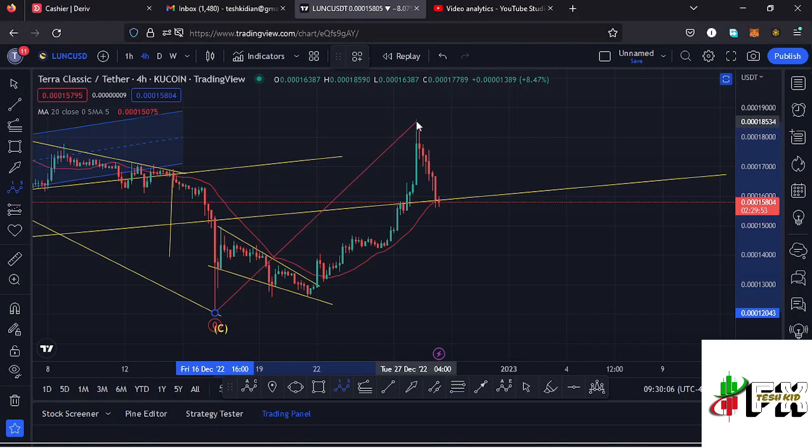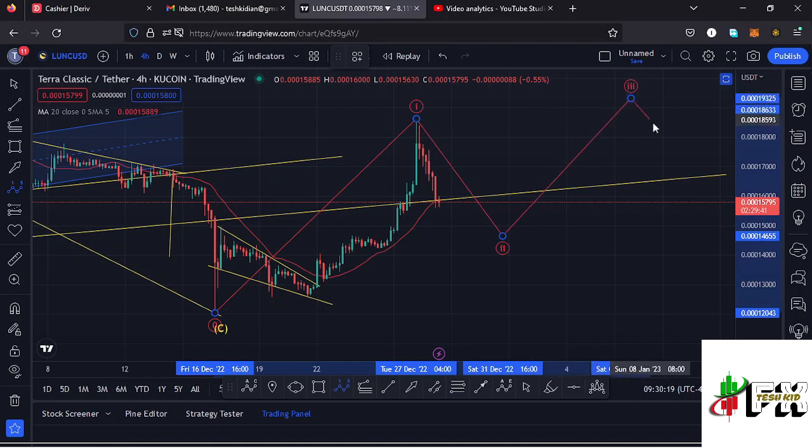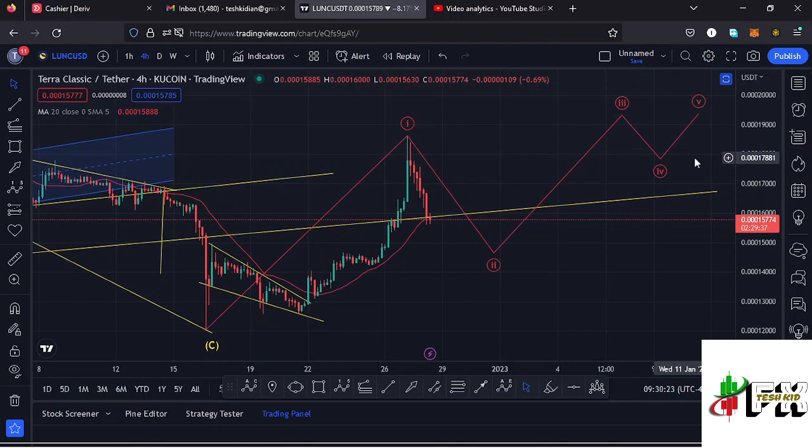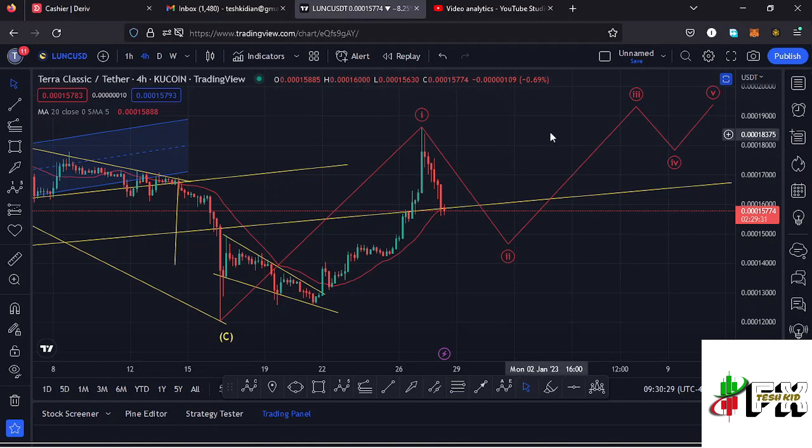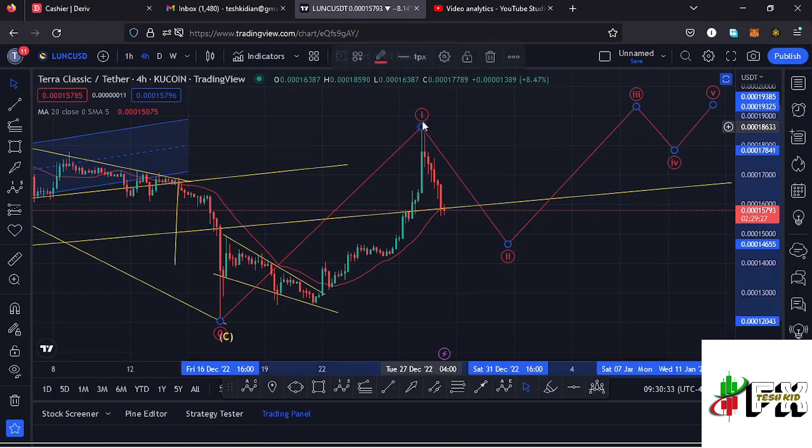And we might have made our high at around the $0.00018 mark in the formation of that first wave to the upside. Then very soon I'm expecting this retracement to the lower side in the formation of a second wave before we see a wave 3, then expect a wave 4, and then continue pushing even higher in the formation of that wave 5 to the upside. And once we see the formation of that wave 5, that will be completing a higher Elliot wave count 1 to the upside, which is a fractal wave within the formation of that higher Elliot wave count 3 that I have shown you here on the 4-hour chart,